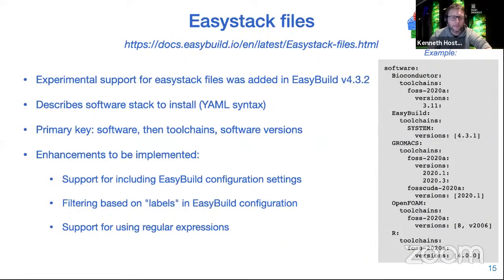So looking into detail about some of these things, especially the easy stack files. That's a new concept. It's still an experimental feature in the latest EasyBuild release. So it's not fully stable yet, or at least not fully capable yet with what we have in mind. Easy stack files are a way to describe a software stack that you want to install with EasyBuild in YAML